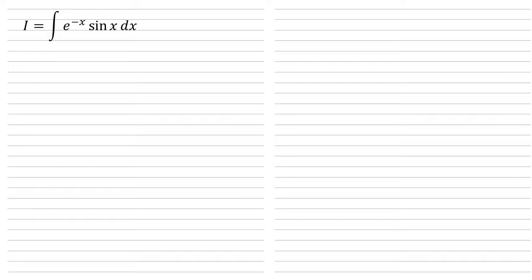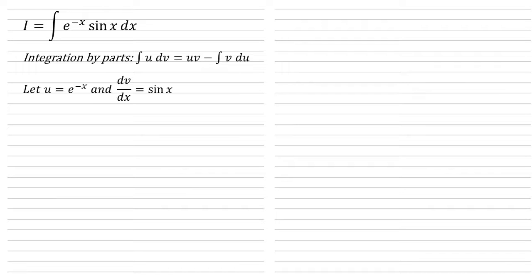Now to integrate this, we've got two functions, e to the minus x and sine x, within our integral. And quite often when that's the case, a good rule to use is integration by parts. This is especially good when one of them is easy to differentiate and the other one's easy to integrate. The formula for integration by parts is the integral of u times dv is equal to uv minus the integral of v du. So if we let u equal e to the minus x and dv by dx equals sine